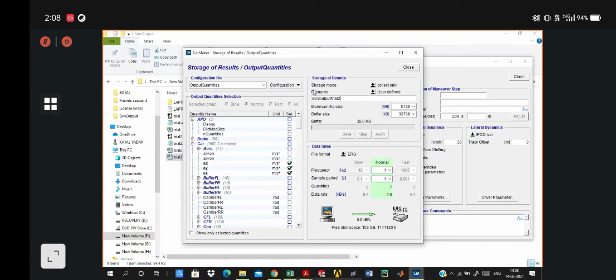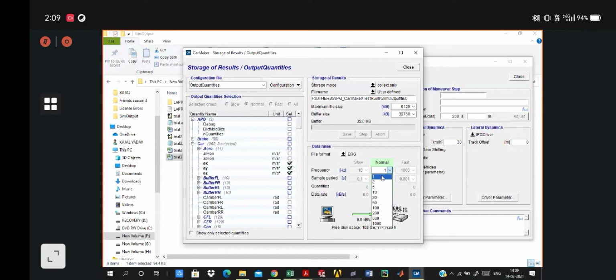In the data rates, there are a frequency and a sample period. They define the frequency of your time and data collection. If your simulation is running for 30 seconds, or suppose 1 minute, the frequency of your data ranges from 1 to 1,000, depending upon how you want to analyze your results.